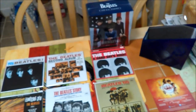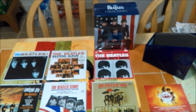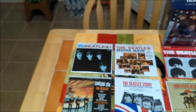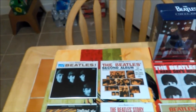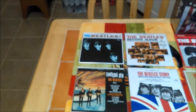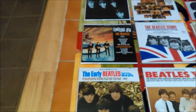And we're back. There's the little box that the US album CDs come in. Little foam protection in there. Get my finger out of the way there with the camera. So you have Meet the Beatles, Beatles' Second Album, the A Hard Day's Night soundtrack, Something New, The Beatles' Story, Beatles '65, The Early Beatles,